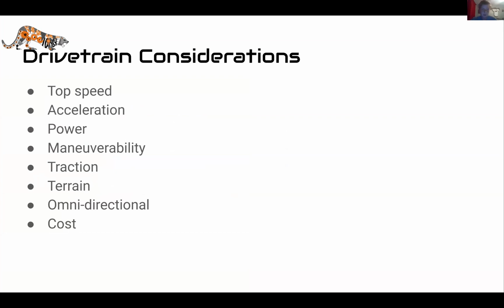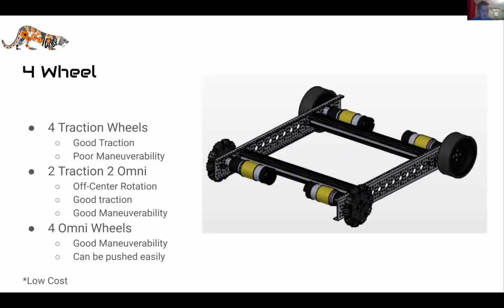Drivetrain constraints are some things you've got to think about when you are designing your drivetrain. Things you want to consider is your top speed, so how fast your robot can go. Acceleration is similar. Your power, your maneuverability, traction, terrain, omnidirectional, and cost. So the terrain is